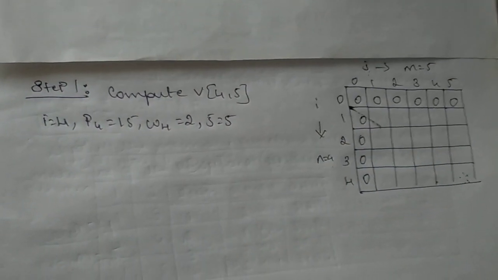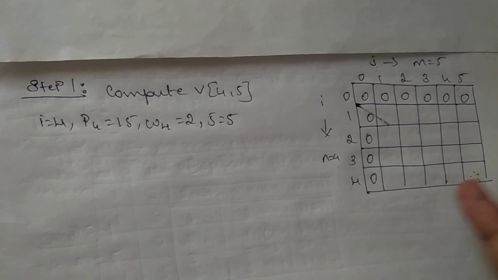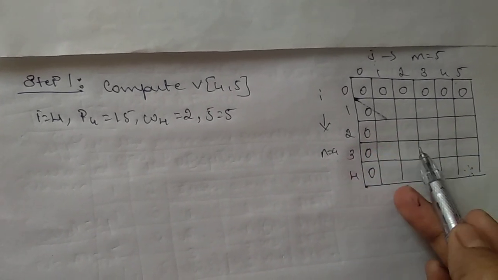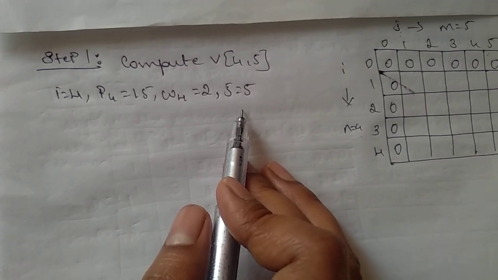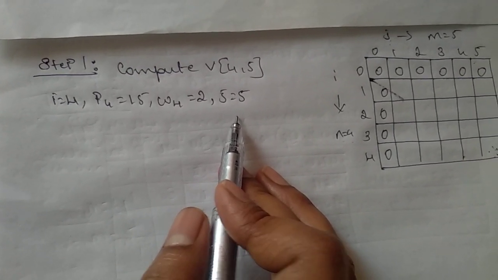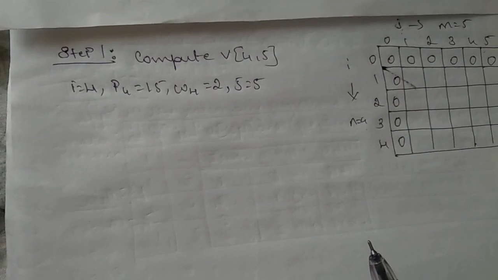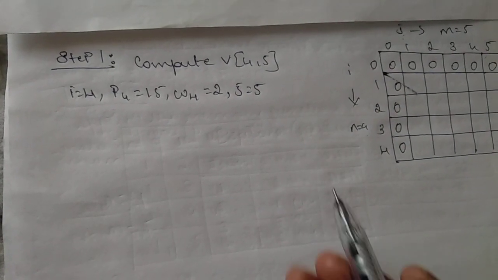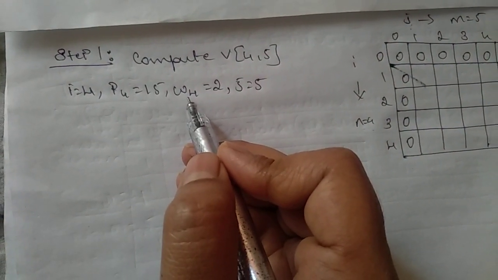Yesterday we were taking one I value and all the J values, but here today we are not computing all the values. We know the J value which one we need to compute. So I am taking J is equals to 5. Here you can see 4 J values we have reduced. So how efficient is this one? Now we have to first check whether weight is less than J or greater than J.